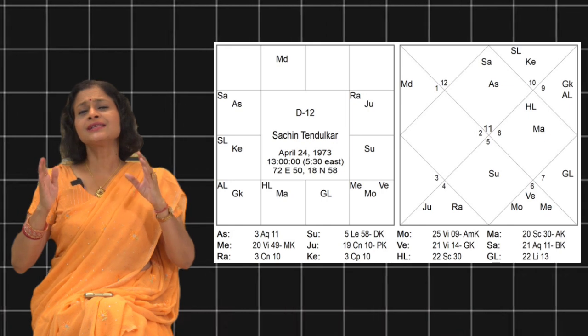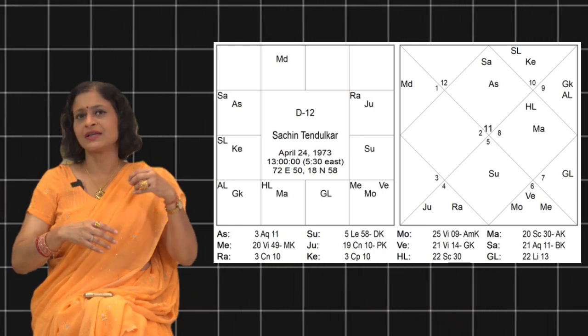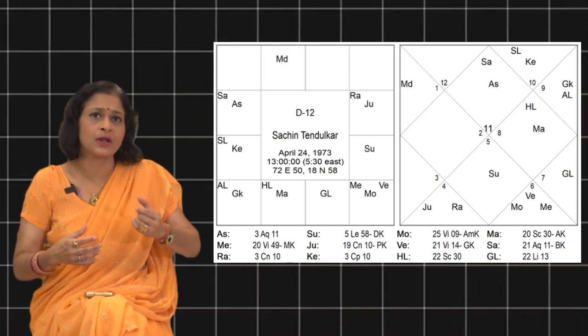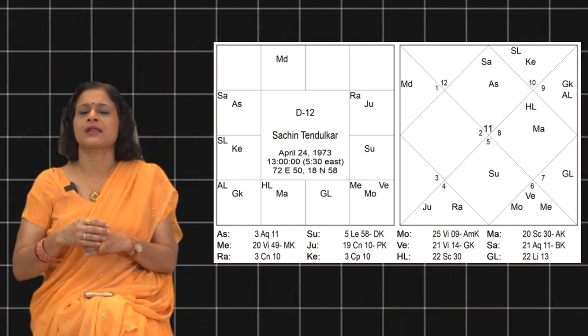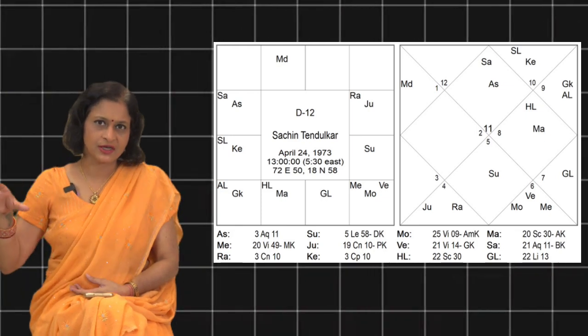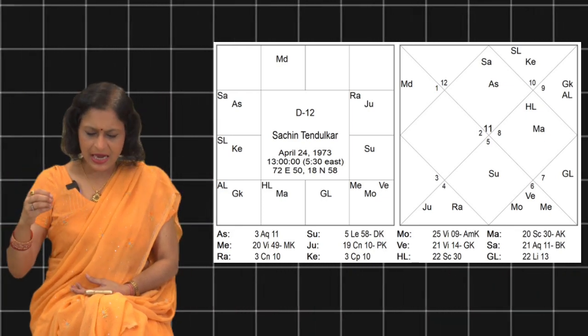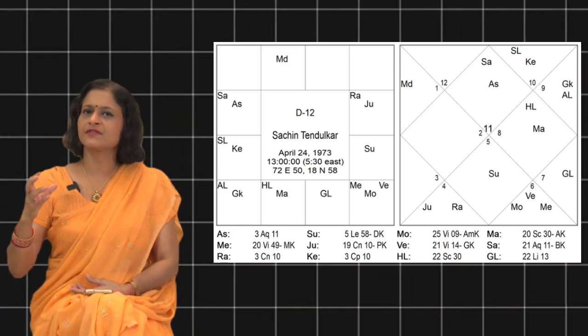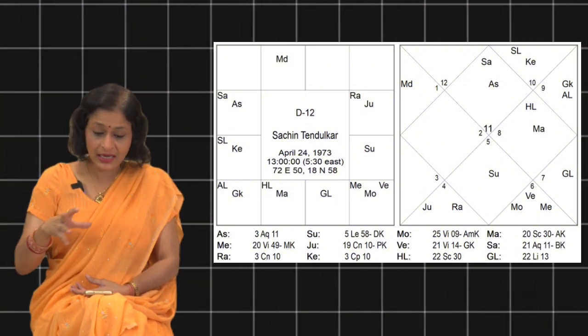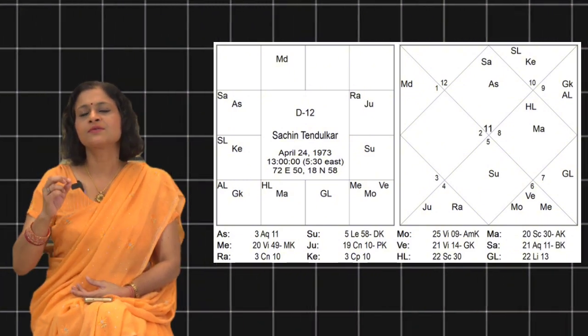You will see there is Sun sitting in the sign of Leo, and Sun reflects or represents father. Sun is sitting in his own house, so Sun is strong there, and Sun is sitting in Magha Nakshatra. If you look at the positions of the nakshatra, you will see that Sun is sitting in 5 degrees 58 minutes of Leo, which talks about Magha Nakshatra, second pada in the D12 chart,